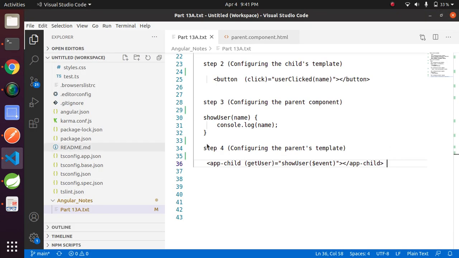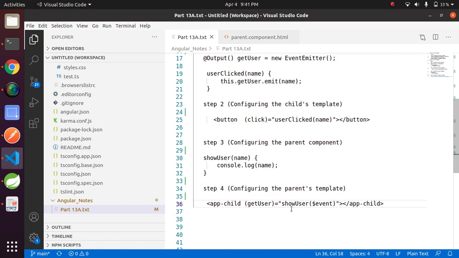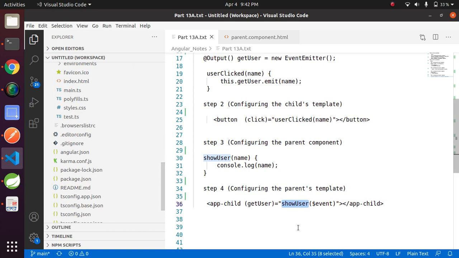Let's look at how this works. If you look here, we subscribed to this method in the fourth step. I have taken a different method name in the example, but just see how this works. This is an event variable name and this is a method.